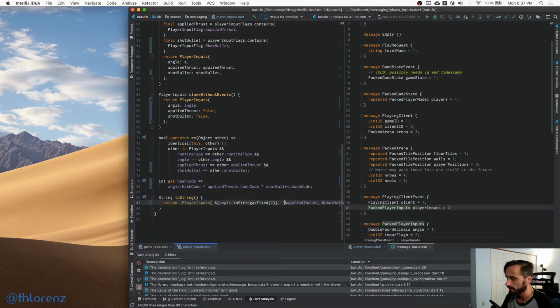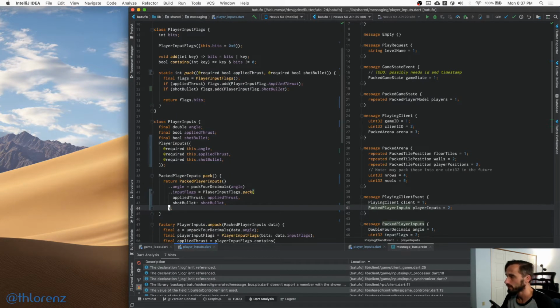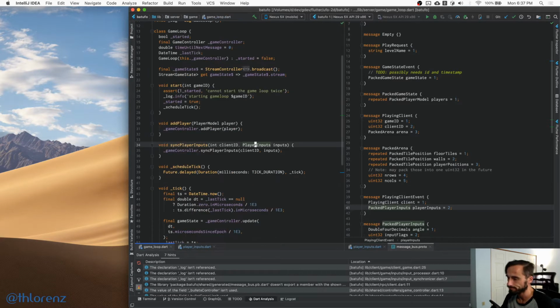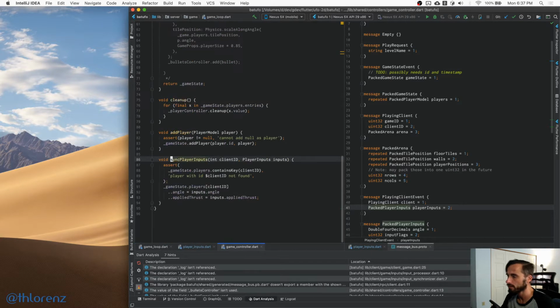So let's just split it here. All right, now we have updated the player inputs. And now we should go back to the game loop and look at when we're syncing player inputs that we actually are doing this correctly. So here we now need to say dot,